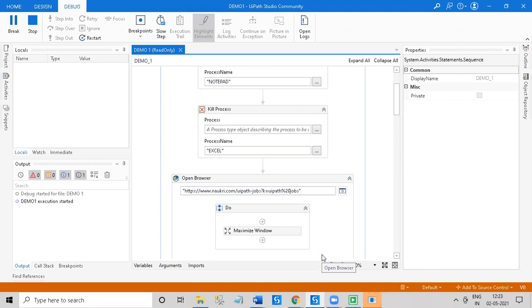Suppose in a scenario we are not defining any particular column with the reference data, then the whole information will be extracted from the website. We can extract the whole data, and if we want to apply some conditions, we can apply them, for example by using filter activities.